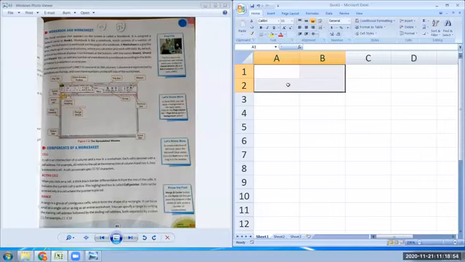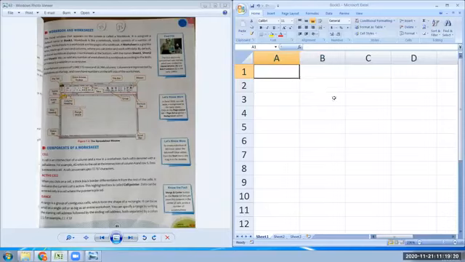A range is a group of contiguous cells which form the shape of a rectangle. It can be as small as a single cell, or it can be as big as an entire worksheet. You can specify a range by writing the starting cell address followed by the ending cell address. Now in this range, which is the starting cell? This one.